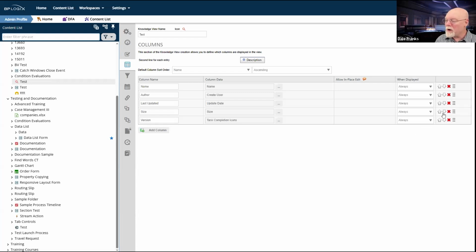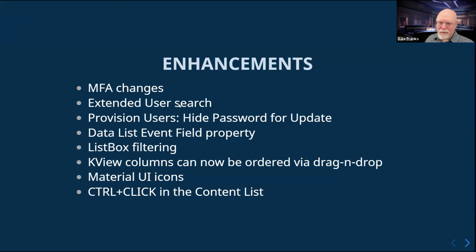Now, I should warn you that, as always, it is still a knowledge view, and that means that whatever the column is in the very first row, that is going to be the only clickable column. So just keep that in mind when you're reordering these columns. From a user experience perspective, you generally want the very first column in your knowledge view to have some sort of relevant data that the user will know is the clickable data they need to click to open the knowledge view, whatever object the knowledge view is returning, to be able to open that object.